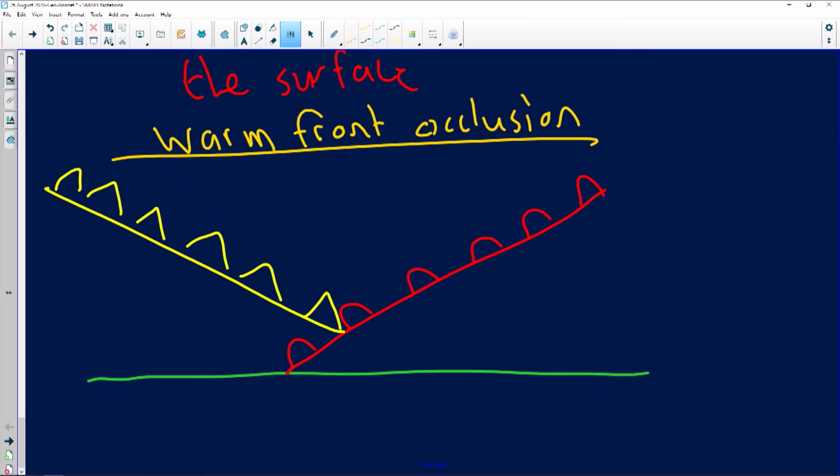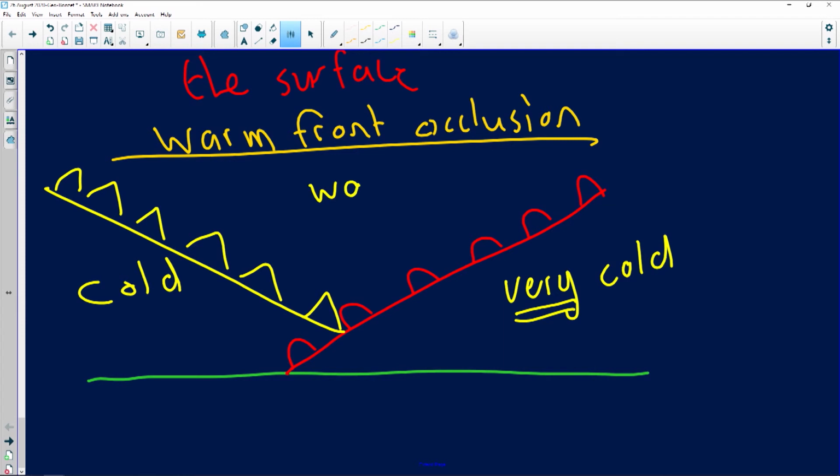diagram. The reason for it, because the air in front of the warm front, as you can see, I'm saying it's very cold. It's colder than the air behind the cold front. All the warm air has been displaced. Now, as you can see, with the warm front occlusion, the warm front attaches itself to the surface. Reason why is because the air in front of the warm front is colder than the air behind the cold